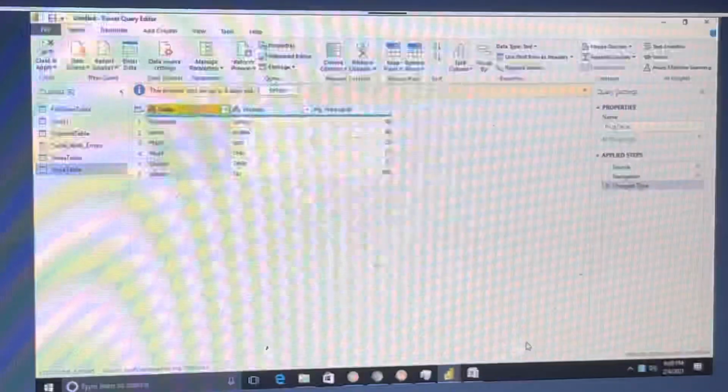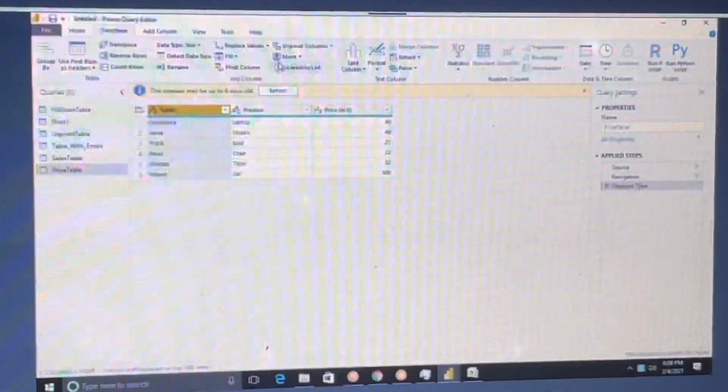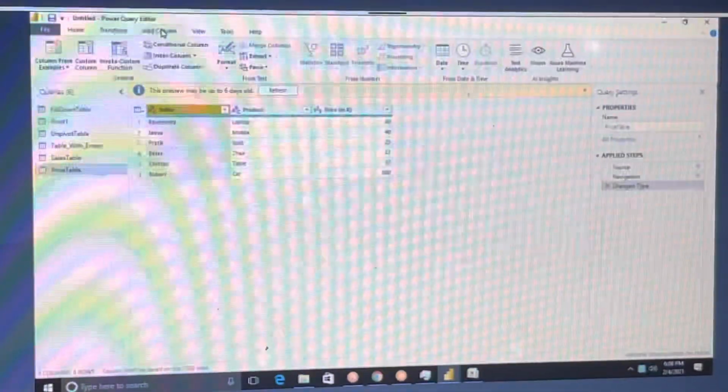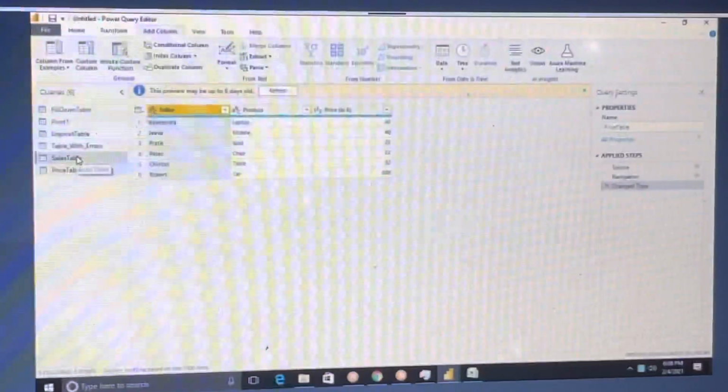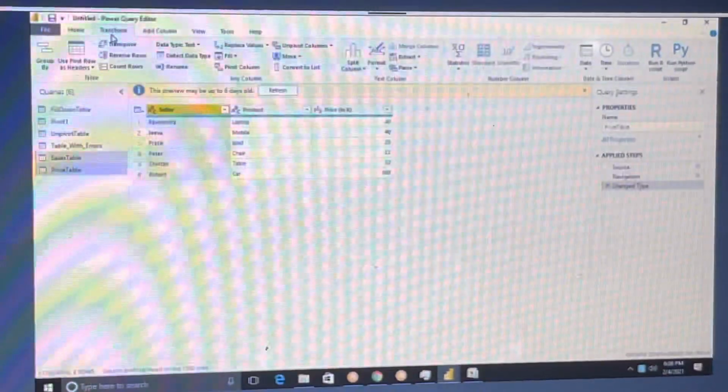Okay, now go to the transform menu bar, no, the add column menu. Click this one and this one, press Ctrl, right, but you don't get the option. Where is that option?